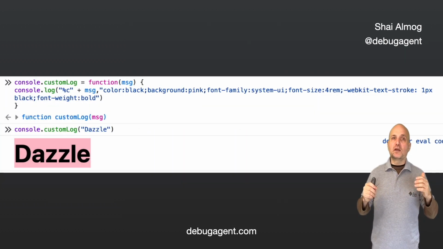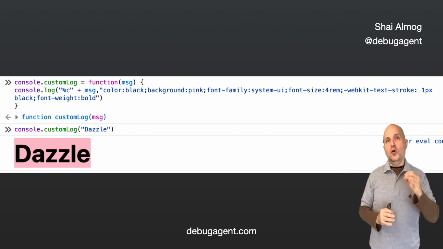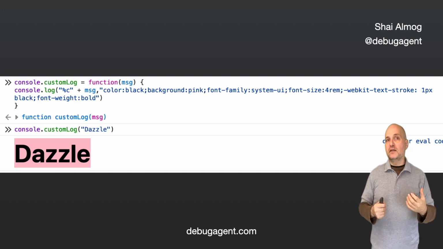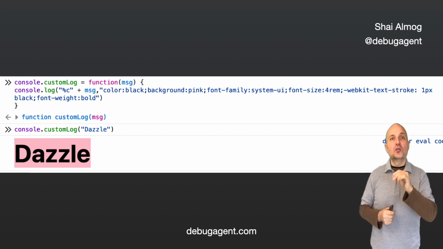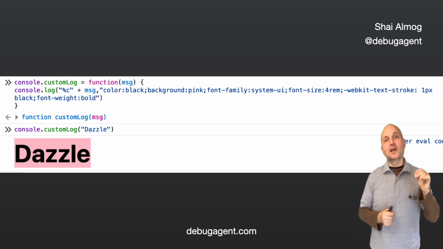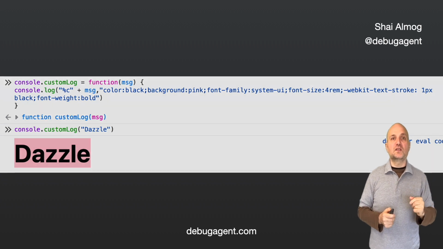We can create completely custom versions of logging with CSS thanks to the way JavaScript works. We can add an additional logger method into console and use CSS to customize the output. The code here prints out Dazzle with a pink background. Notice we're using %c, which indicates substitution with CSS. After the comma, we see the CSS that's applied. Notice we can use more than one substitution block to mix CSS styles. This can let an API print out text with multiple distinct styles.